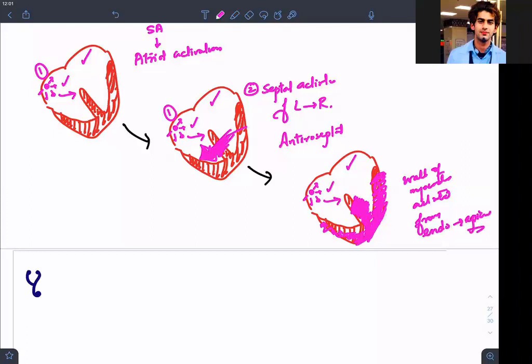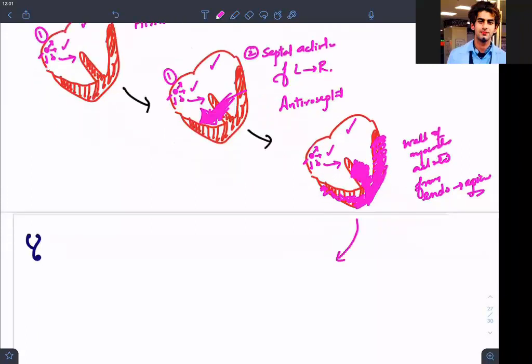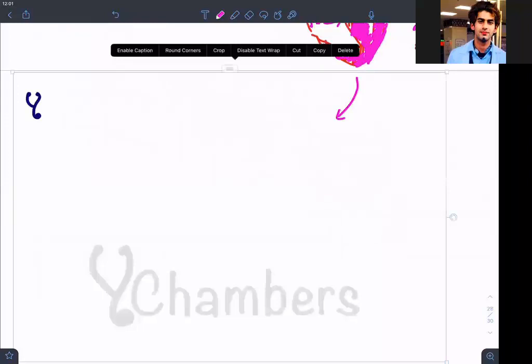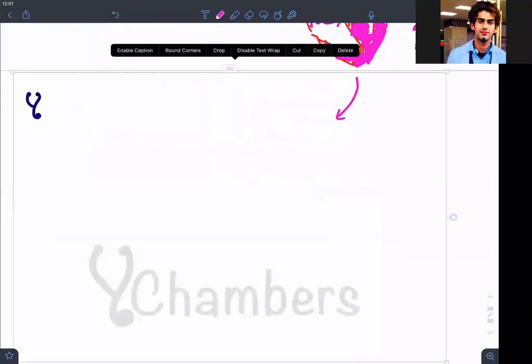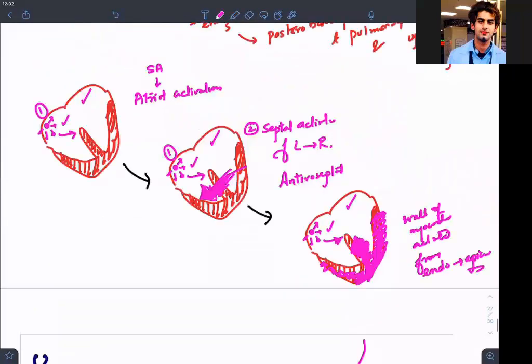Clear? Which parts are now getting late depolarized? So late depolarization is happening in the basal regions. Very nice. So we have basal, posterobasal, isn't it? So posterobasal portion of left ventricle gets last, pulmonary conus last, upper portion of septum last, uppermost portion guys, uppermost portion last. Are we clear with this concept?